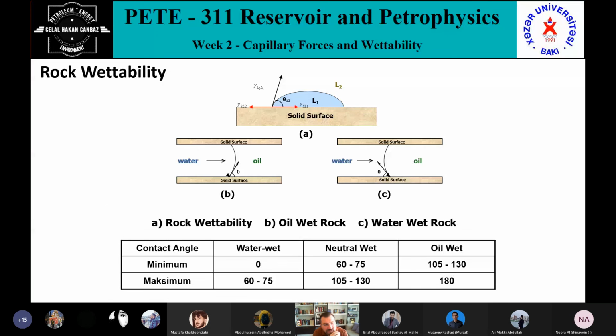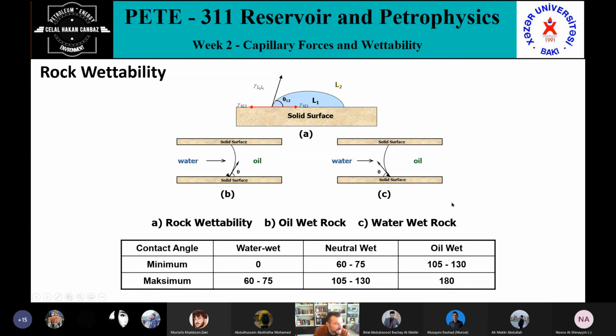Okay. So rock wettability. Here you see three different scenarios, three different paths. First of all, the first one, I described this already, okay? And B shows the water and oil interface and your contact angle, okay? And we already described all of this, right? So your oil starts to stay on the solid surface, and here your water wants to stay on the solid surface. So because of that, this is water wet, this is oil wet, right?